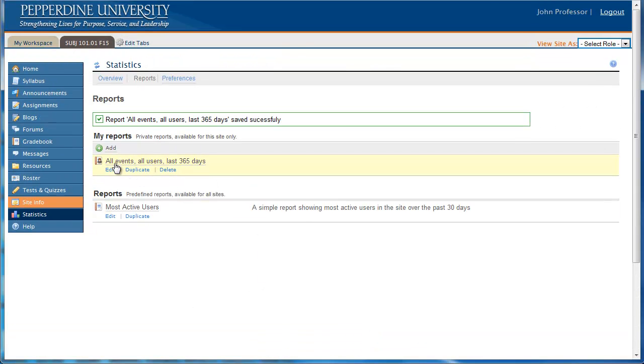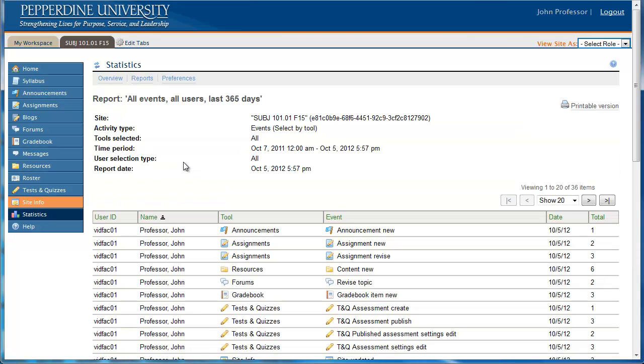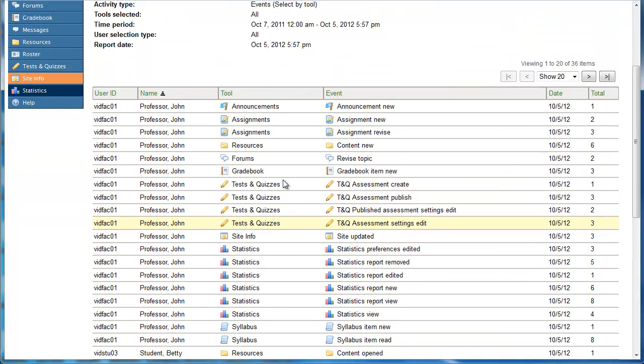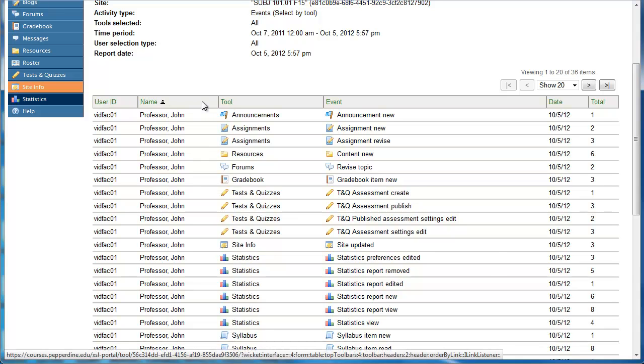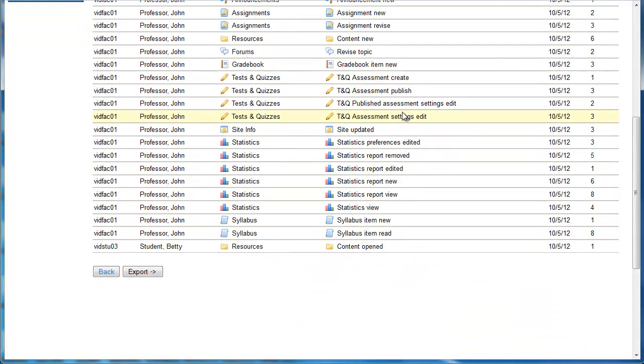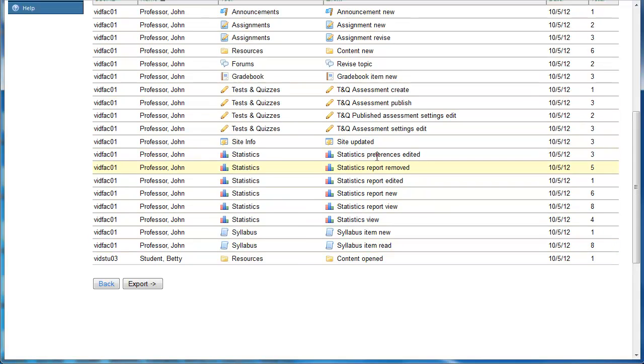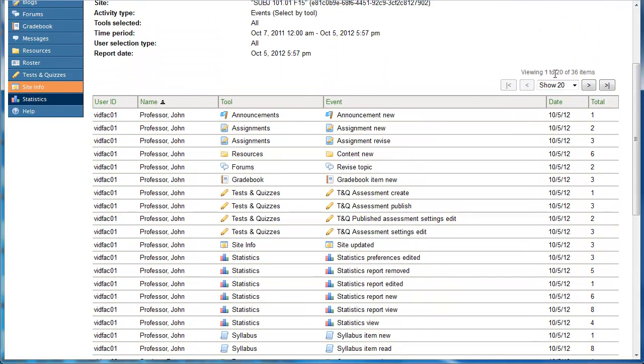All of my custom reports will appear right here in the My Reports area. Clicking on the title will bring up that report. And I can sort by name, user ID, any of these headings. I can see the date and the number of times an activity has happened. Please be aware, this is just a preview, so if I want to see everything, it says viewing 1 of 20,